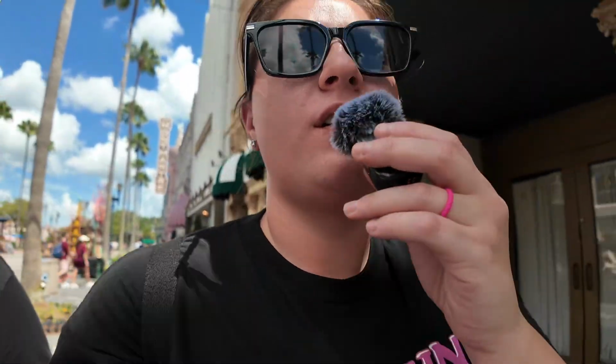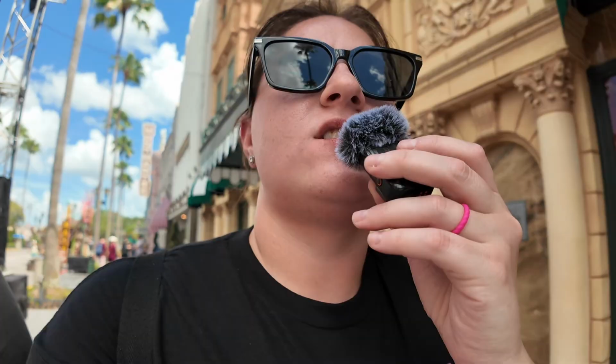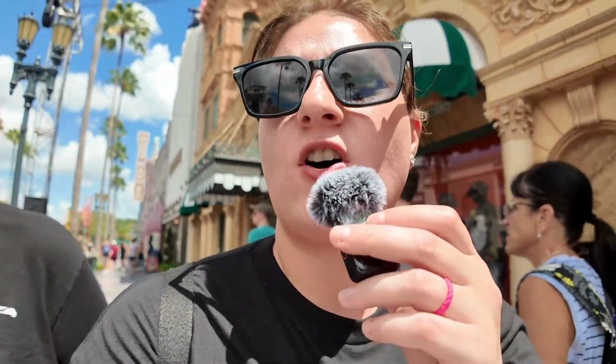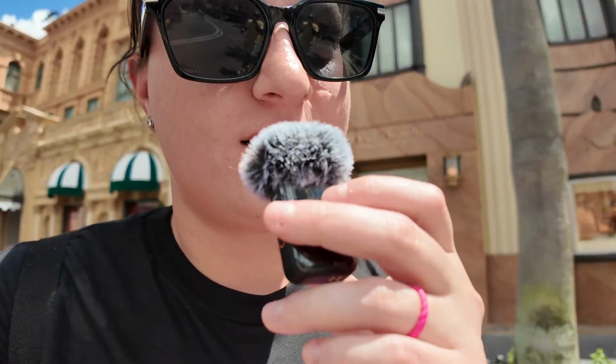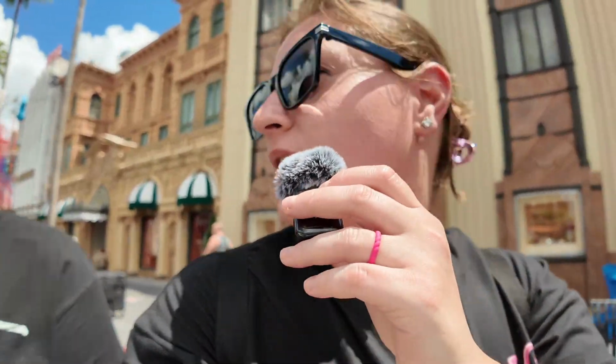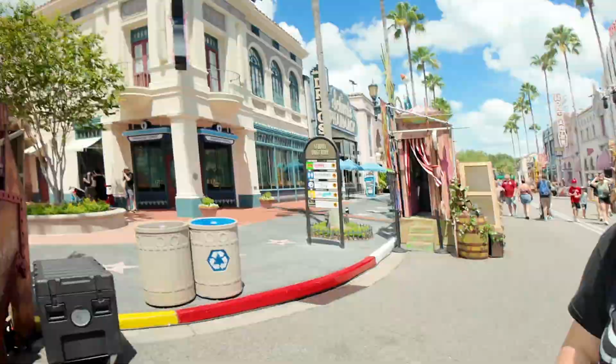I think what's worth it, I don't know if that, like the jackets, the hoodie, that's $65. That's worth it. But the sweaters, I don't know if those are necessarily worth it for $60 or $65. That Jack and Oddfellow one, though, yes. Maybe if it was like $45, I would get it. But $65 for a sweater, Let me show you real quick also the rest of the Scare Zone before we